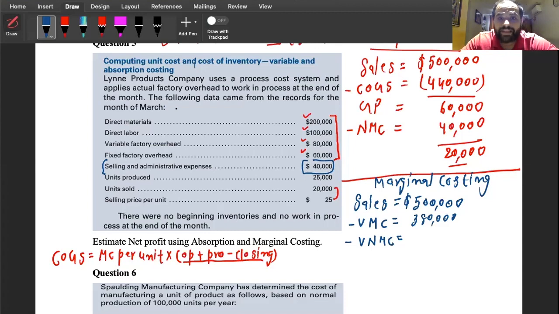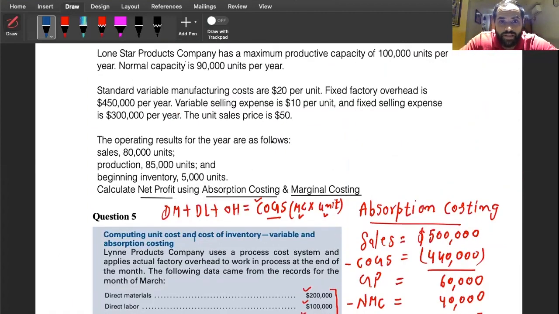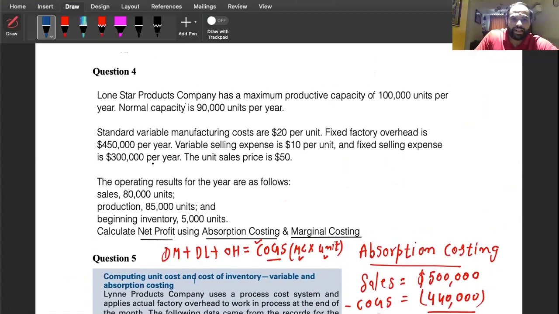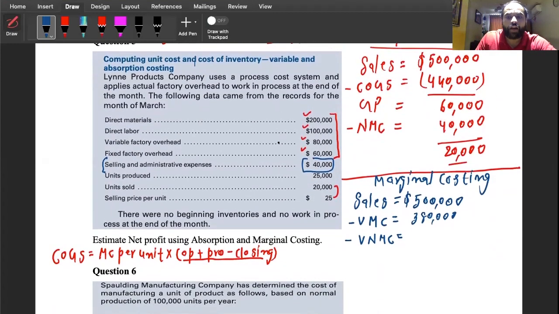Selling cost depends upon the number of sales units, right? Selling expense or selling cost, right? If you look at the previous question, normally they say variable, but generally selling expense means the expense we spend to sell the product, which depends upon sales units. So that's why we can assume this 40,000 as your variable non-manufacturing, right? So minus 40,